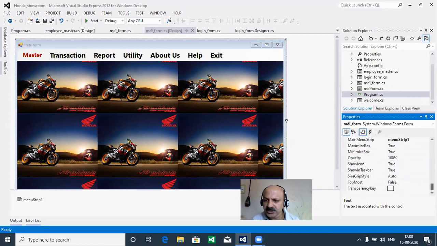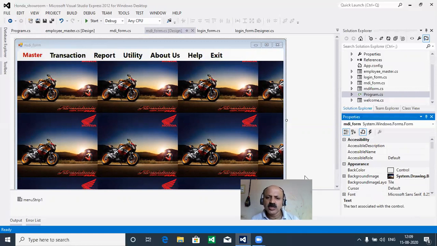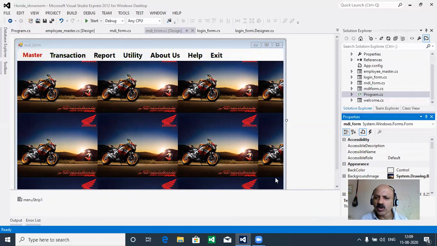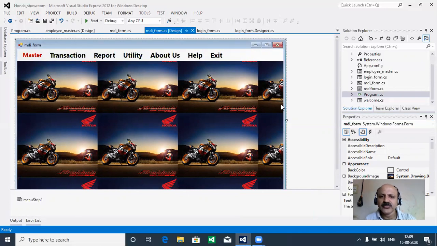So you can also change, but there is no requirement. And show icon is true, that opacity and minimum box. Okay, I can give transparency key, but there is no requirement. If your requirement, you can also change that property, so you can look at all properties of any form, and that is MDA form. So I hope you can understand and enjoy this session.